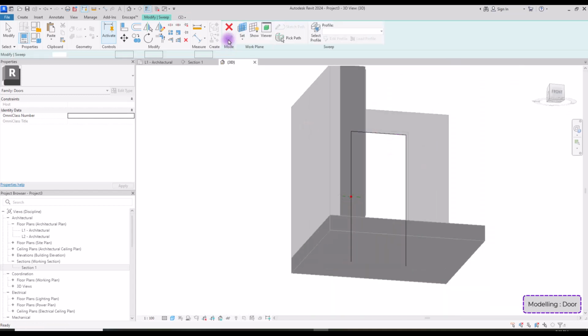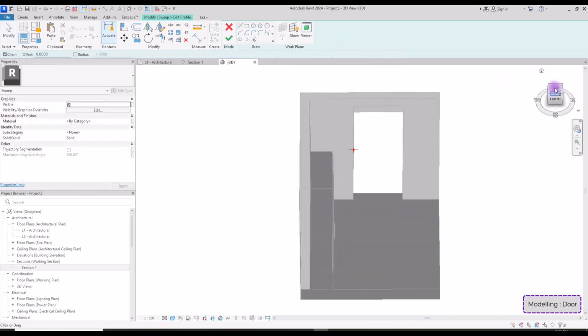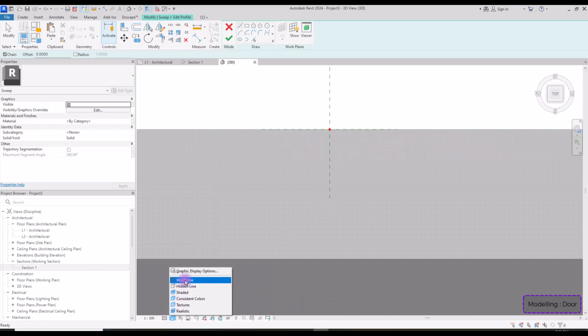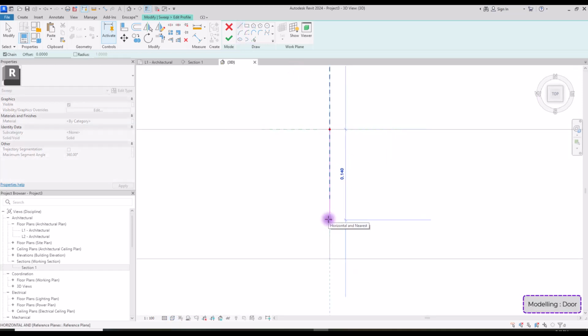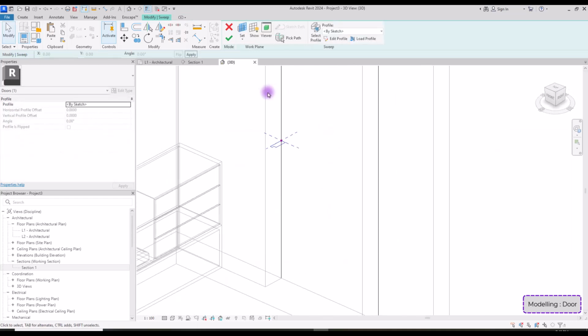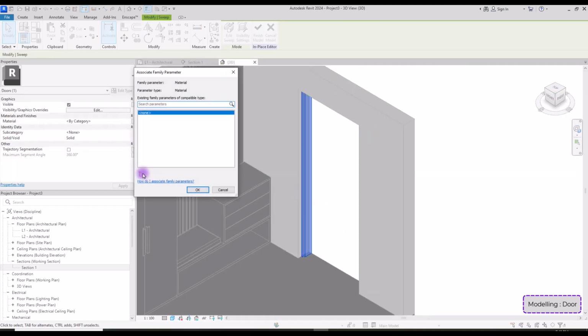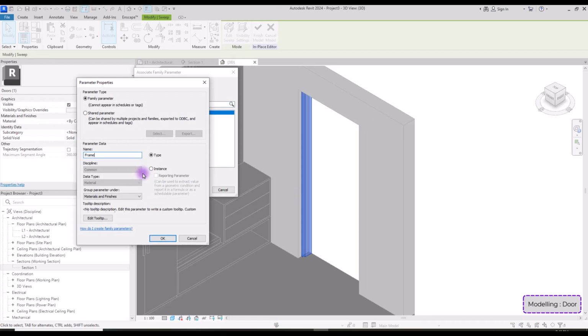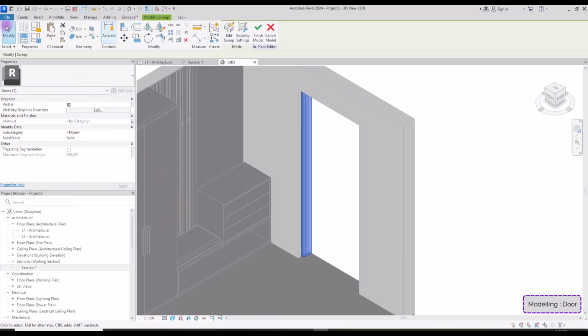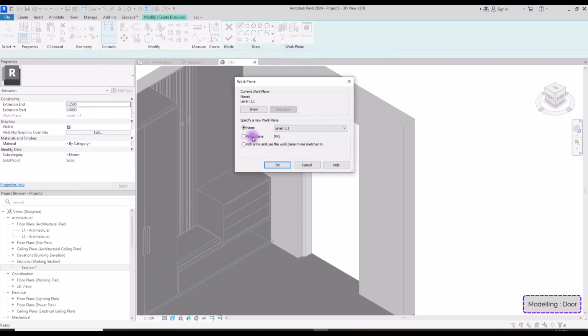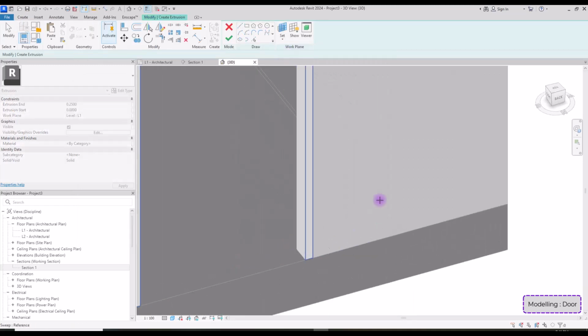Hit finish and go to edit profile. I don't want to make it complicated, so I'm just going to create a very simple frame for it. Maybe something like this. Okay, and hit finish. Select your frame and create a parameter for its material. Let's call it frame. Go to create again and select extrusion to set your work plane on this face and